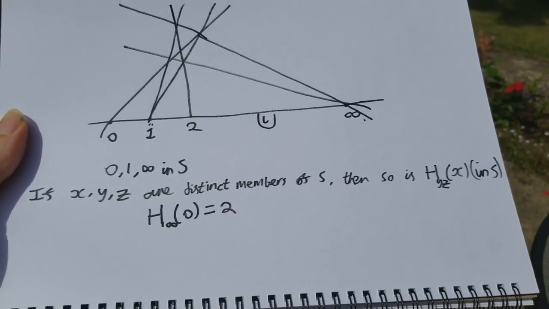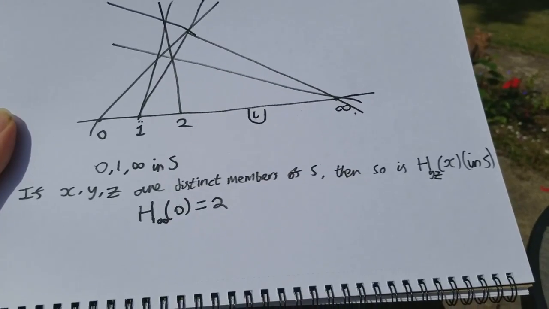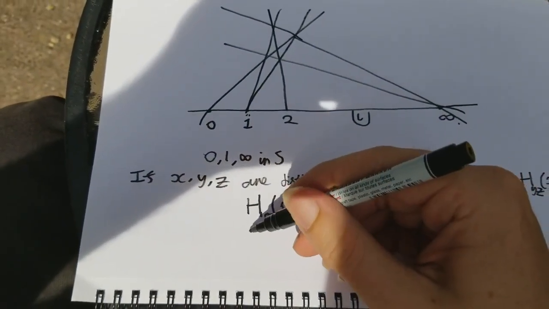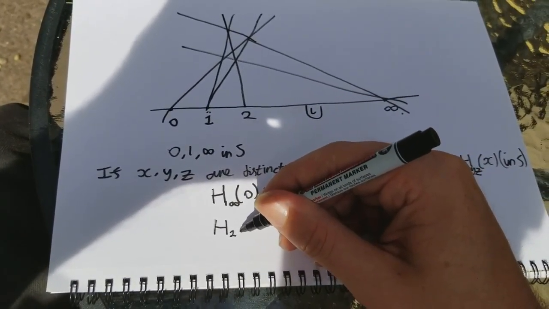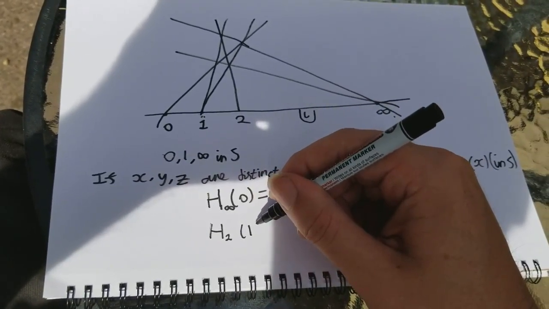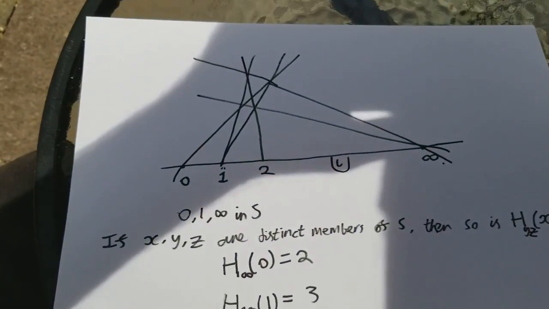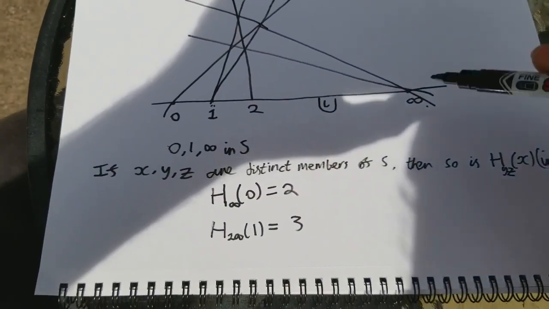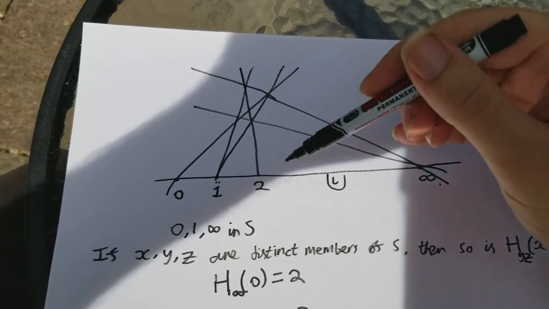But basically, I've already shown you how we can use these harmonic conjugates to find point number 2, and hopefully you can see that we could repeat this again. So the harmonic conjugate of 1 with respect to 2 and infinity is going to be a point 3, and all of this makes sense with respect to the labels I'm giving them. So this thing acts like 3 as long as these really are points at infinity. So let me see if I can explain. So basically, if we're going to construct point 3 now,